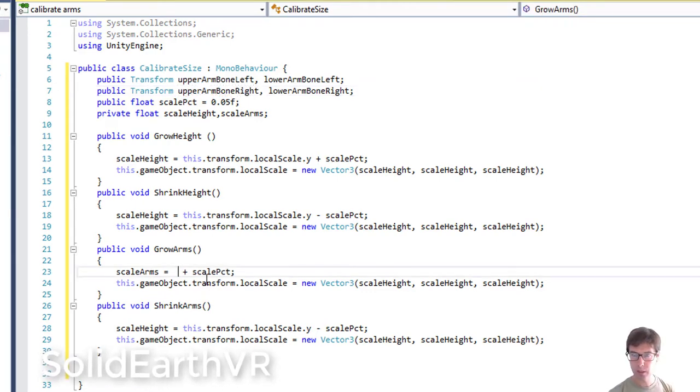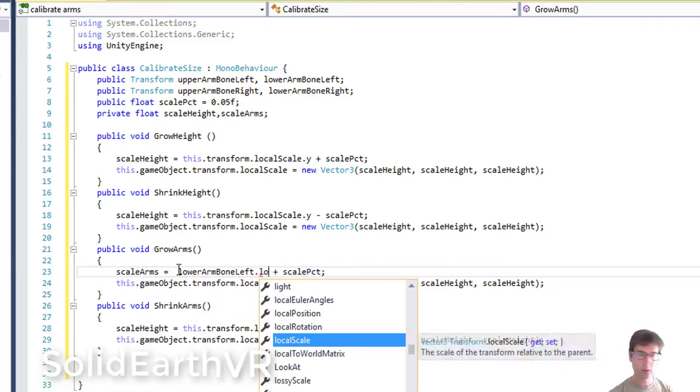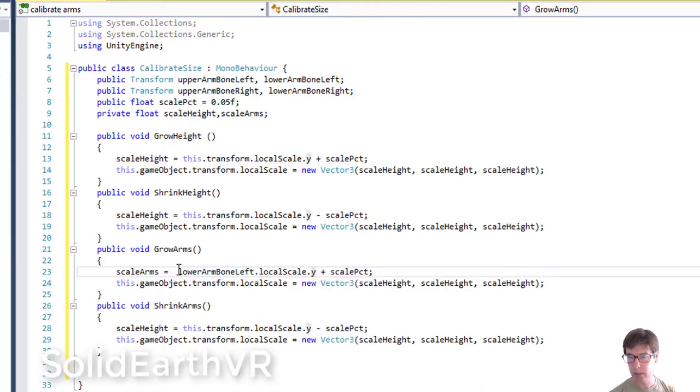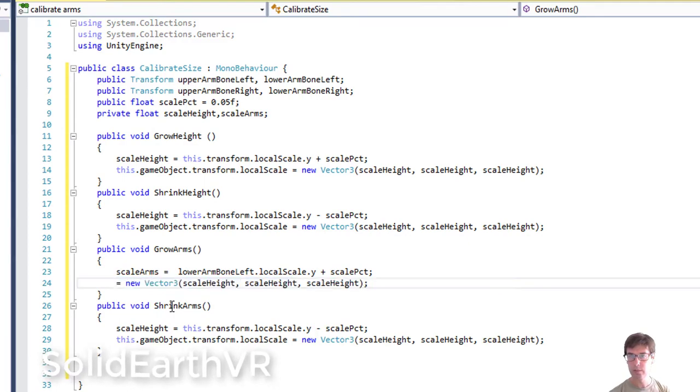So we'll scale based on the lower arm bone. One of the lower arm bones. We'll just pick the left arm bone, the current local scale in the y-axis, and we'll add on 5% onto that. And then what we'll do is we will scale the lower arm bone left,